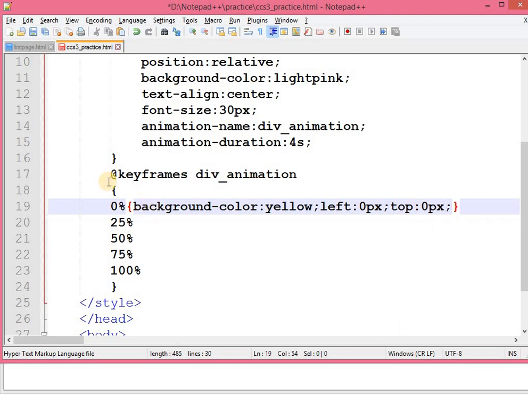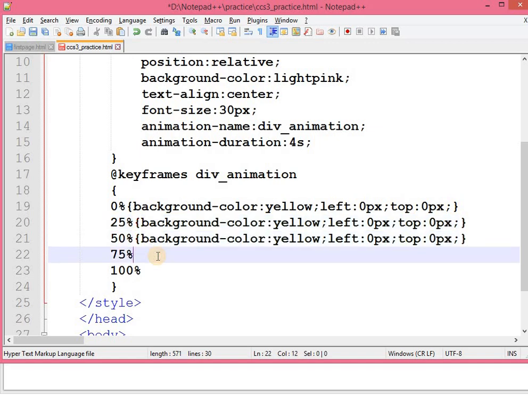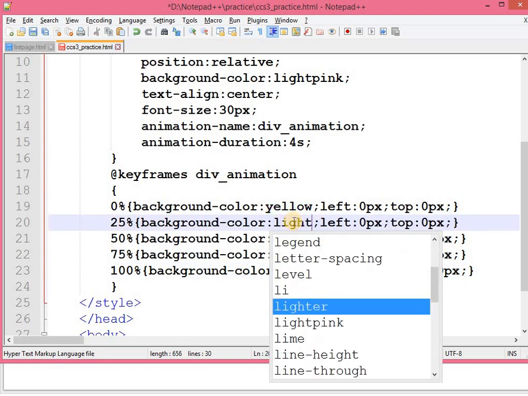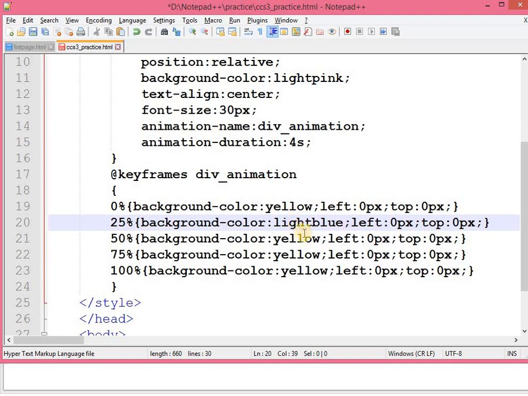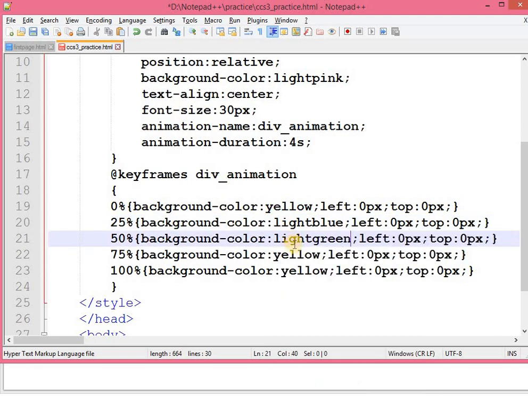Okay, now I'm just copy pasting it to save your time and also mine. Okay, and let me just change its color name, light blue. After that light green, pink, and